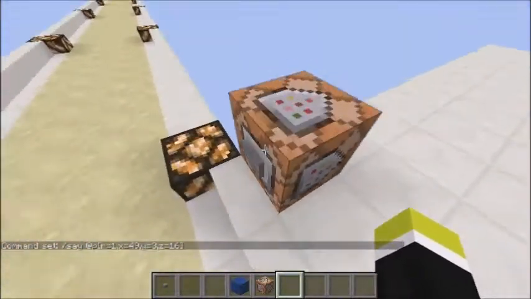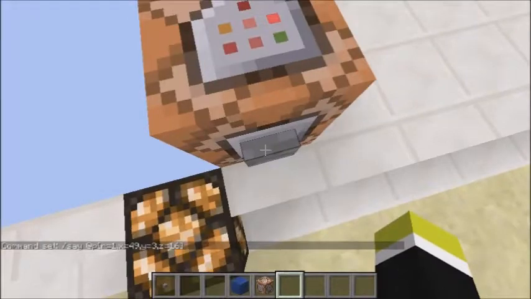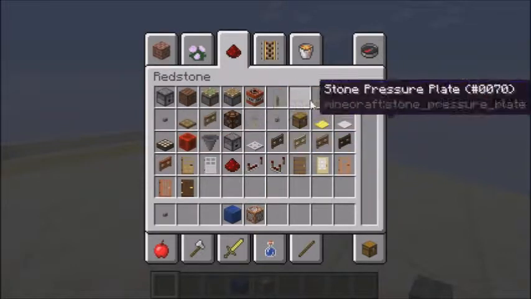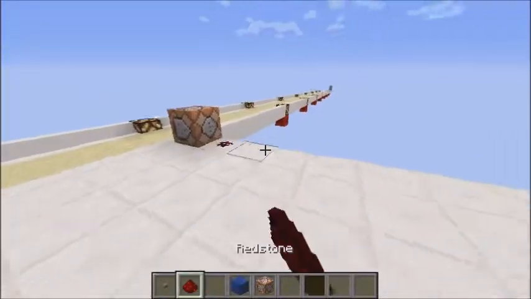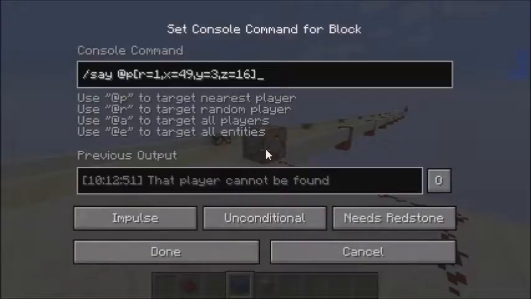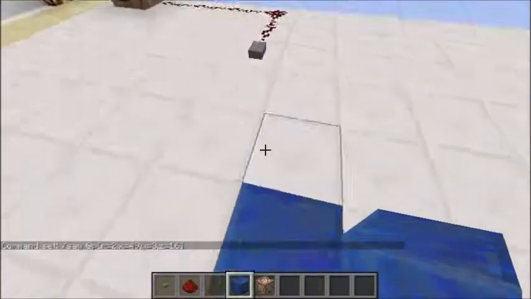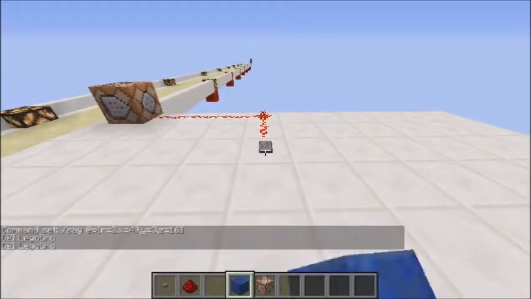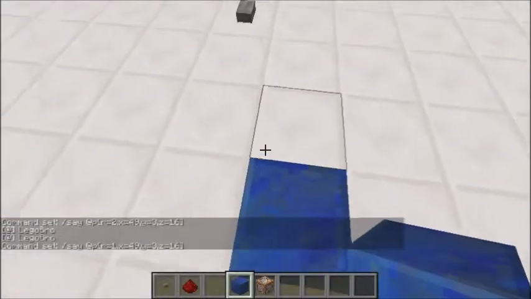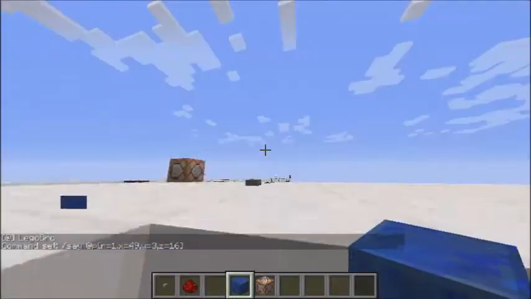So now, if I'm right next to the command block, it should not say my name. But if I'm standing pretty far away, let's grab some redstone. If I press this and I stand here, it will not say my name either. And if I stand here, it will also not say my name for some odd reason. Maybe the radius. That's weird. Was I not standing on it before? I bet if I stand right here, it'll...